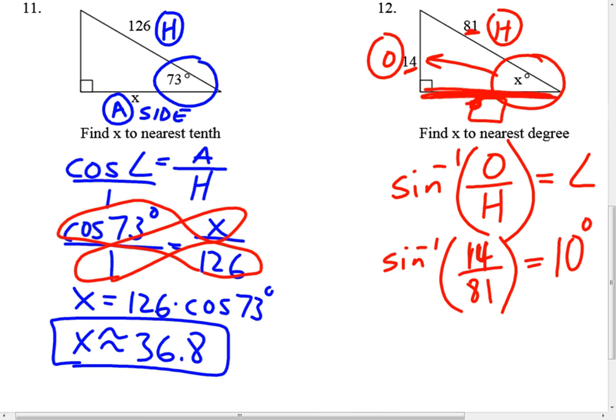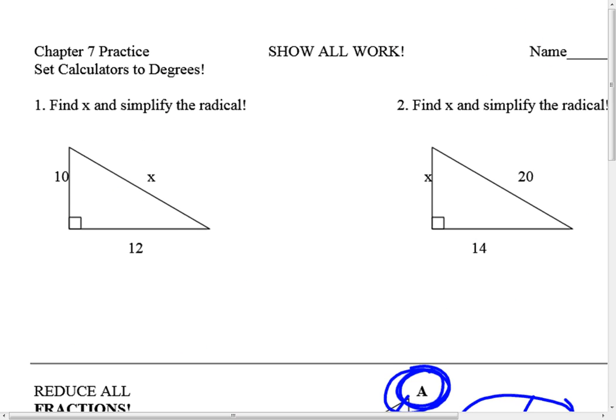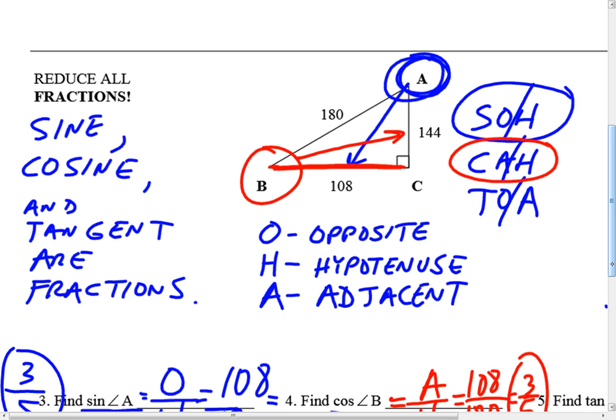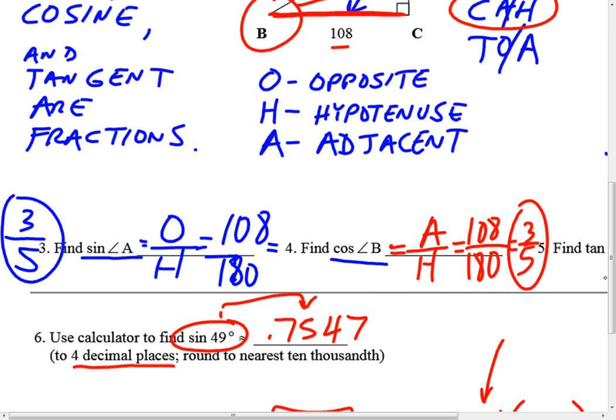Other than that, just realize what happened here. We were looking for an angle as opposed to looking for a side. And if you look back at the original problems we did with this original triangle, were we looking for any sides? No, we had all the sides. All we were doing was making fractions. If all you're being asked for is the sine, the cosine, or the tangent, you're either using your calculator to find a decimal, or you're looking at a triangle to figure out